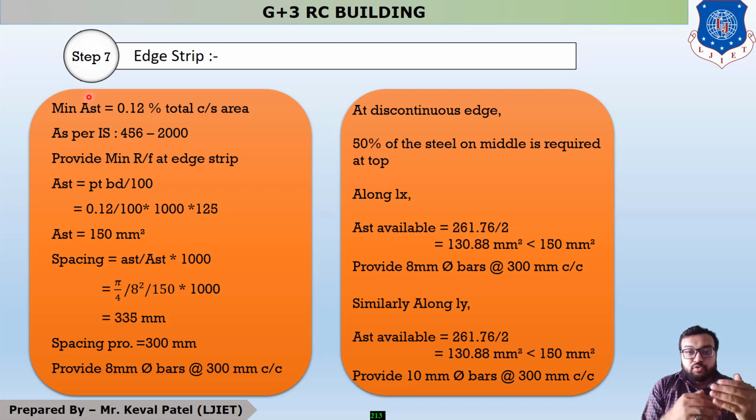Your step number 4, which is moment calculation, is changed accordingly for whichever case is to be considered. For step number 4, whenever your bending moment coefficient is changed, it means your bending moment is changed. And if your bending moment is changed, your PT, AST, spacing provided and AST provided have to be changed. So students, how this bending moment coefficient is to be changed and how this case is to be considered is discussed in the next lecture.